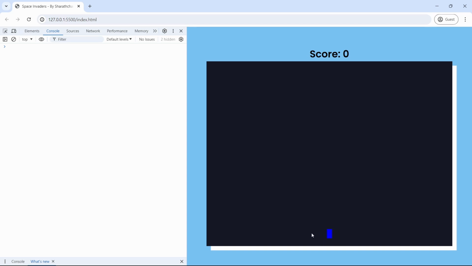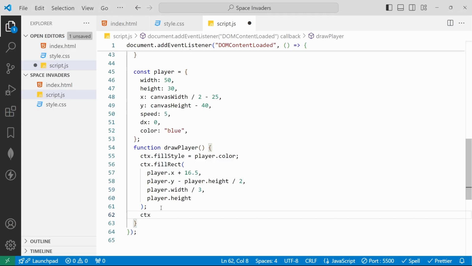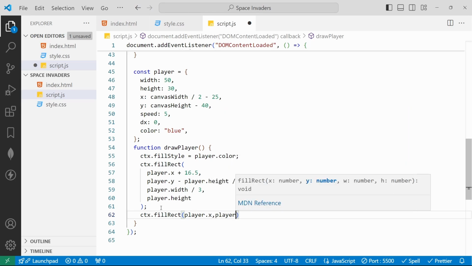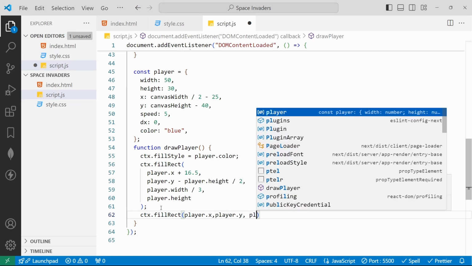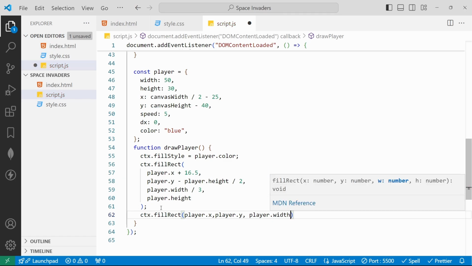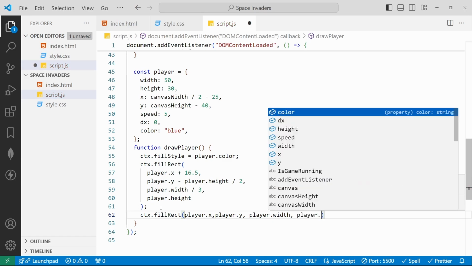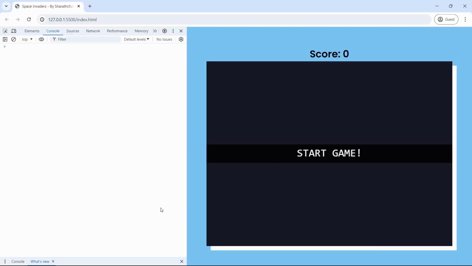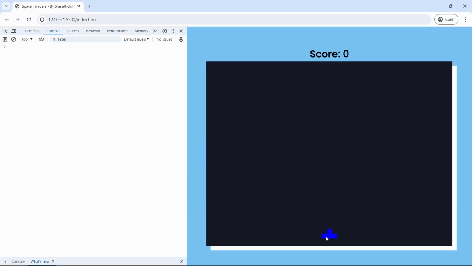Again, we need to create one more graphic at the bottom in the horizontal view. For that, we create ctx.fillRect, and now we'll set the x-axis directly from player.x. For the y also, player.y. We'll set the player.width as same, and we'll set the player.height divided by 2. If I save, go to the browser, and hit space, now we can see the graphics